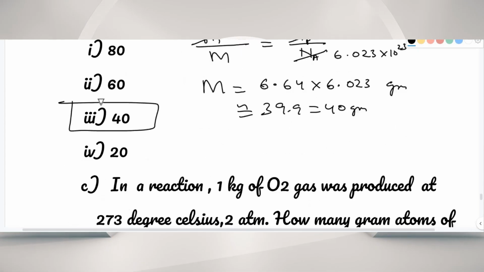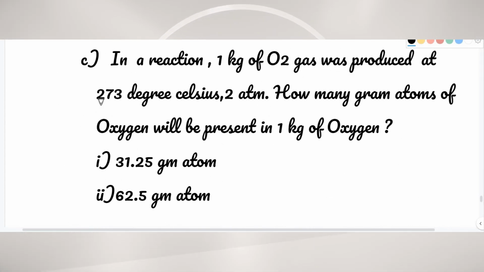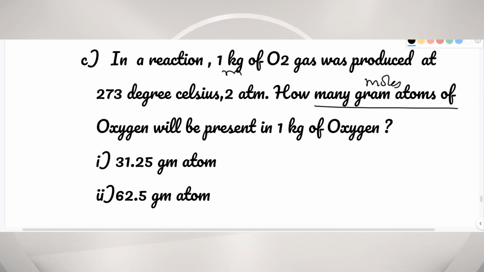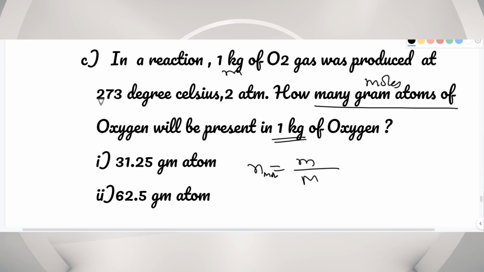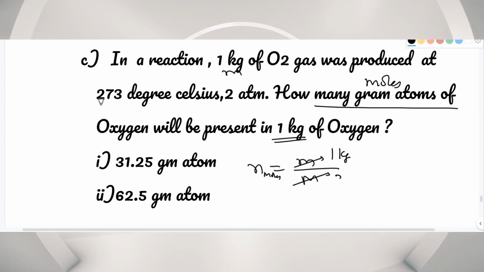The last part of the question. In a reaction, 1 kilogram of oxygen gas is produced. How many gram atoms of oxygen are present in 1 kilogram of oxygen? Gram atom means moles. So very simple. You are using the formula number of moles is given mass by molar mass. Mass is 1 kilogram. Molar mass of oxygen is 32. 1 by 32 is actually